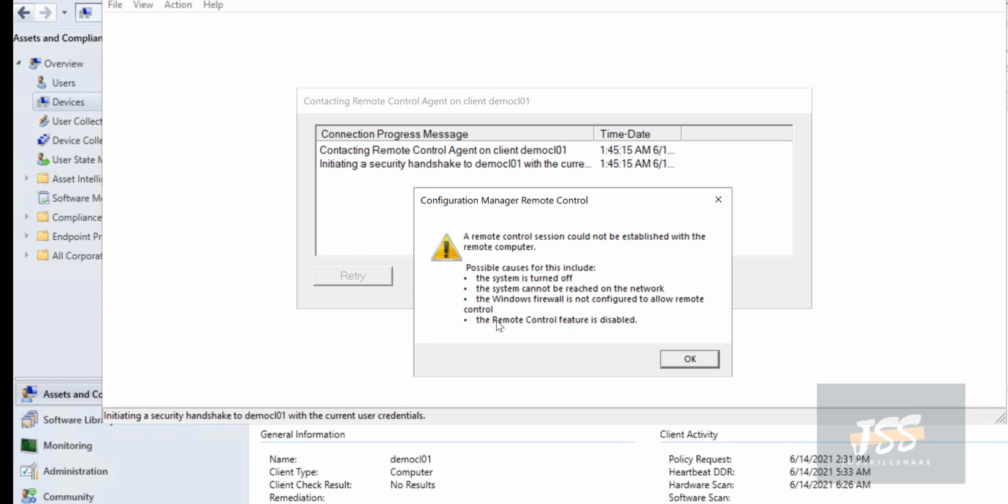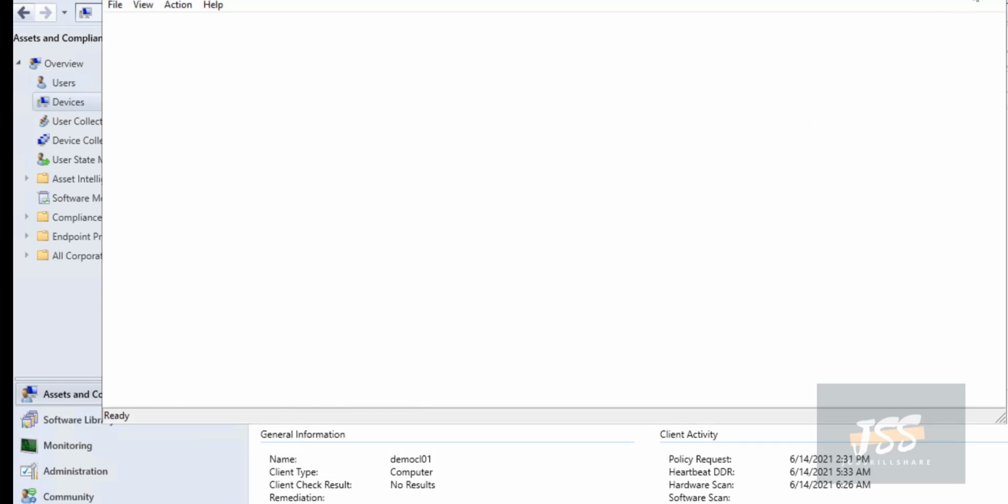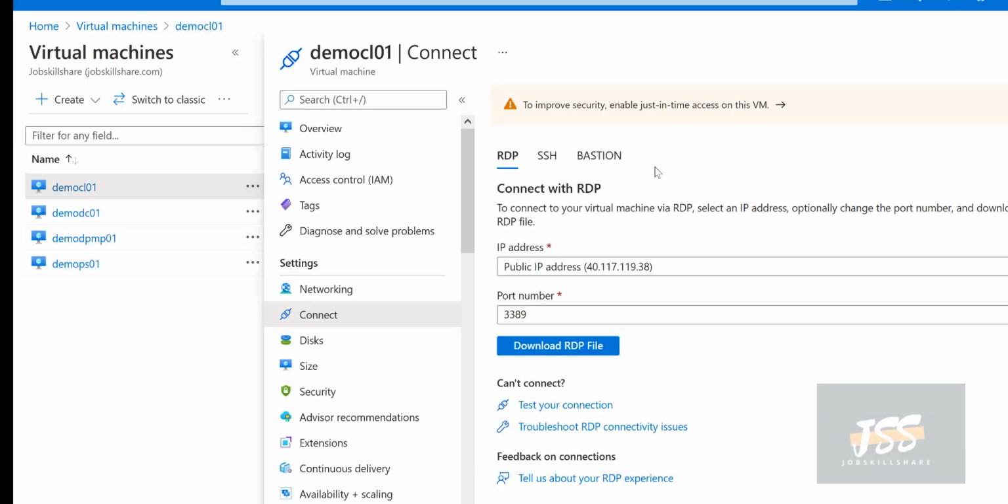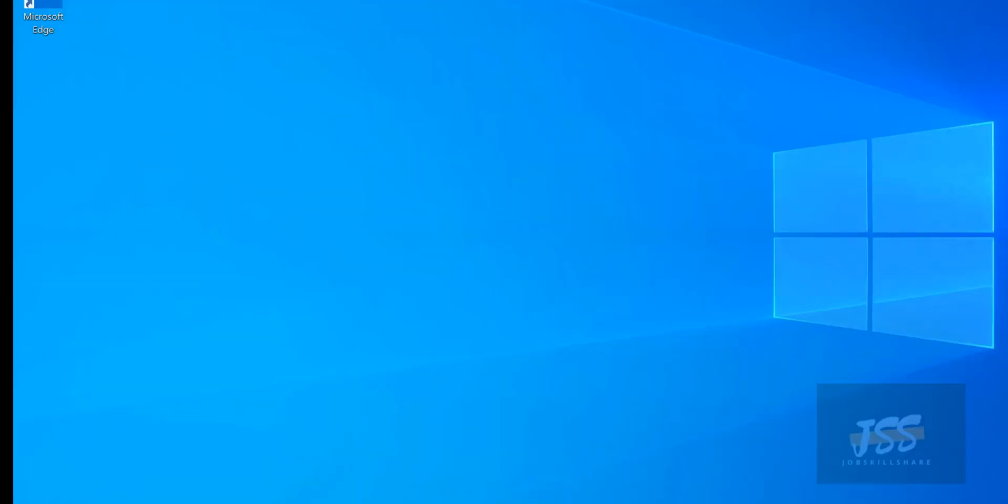This is not talking about the operating system. It's talking about whether this application has the capability to turn on the remote features or not. How do you know that? If you go back to your client now, we said that we can come back to this client machine